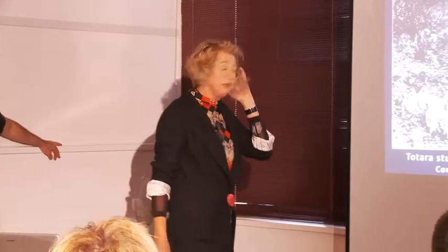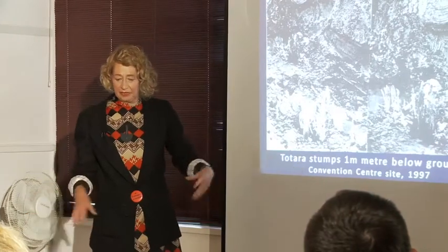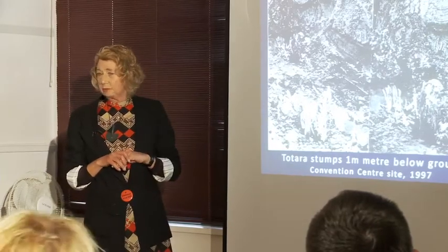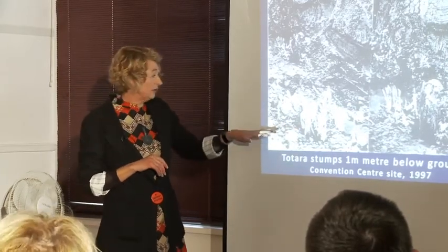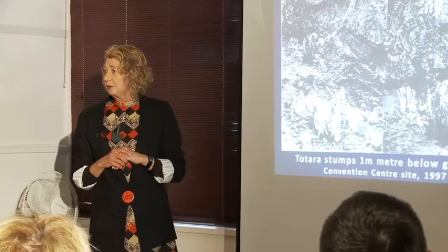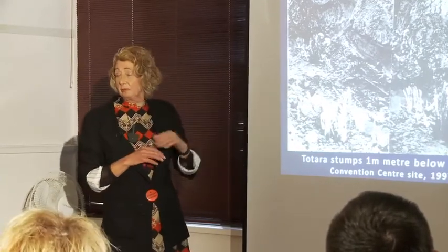And when they built the convention centre, and I walked along Peterborough Street in there, they excavated just 2 or 3 metres down, and there was this mass of totara stumps, all totara stumps there in the water under that site. So you can see it's an old forested land, and they were smashed stumps, possibly smashed by a flood from the Waimakariri. So it was a forested land, but a lot of people have forgotten that it was a wetland and a forested land, but we've been rather reminded of that